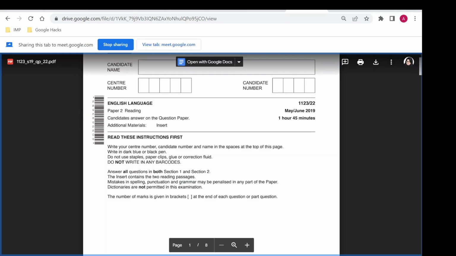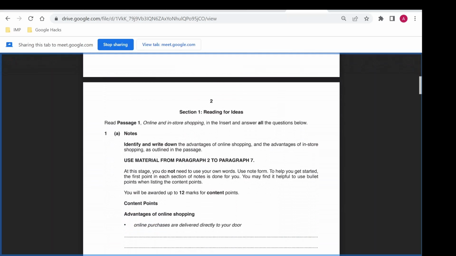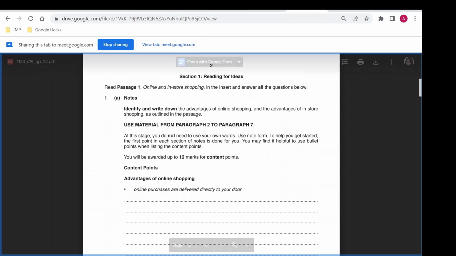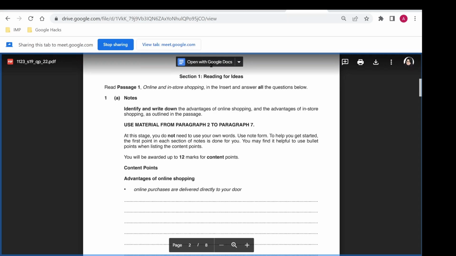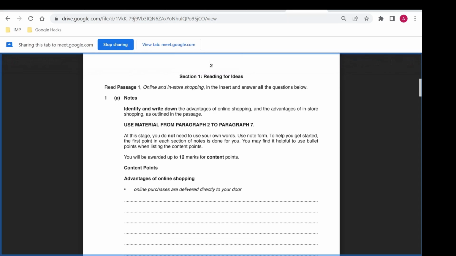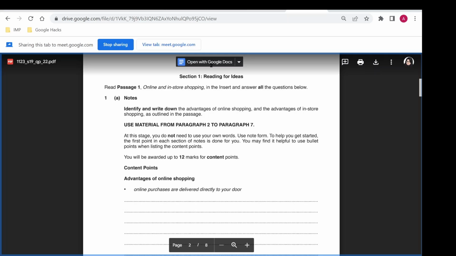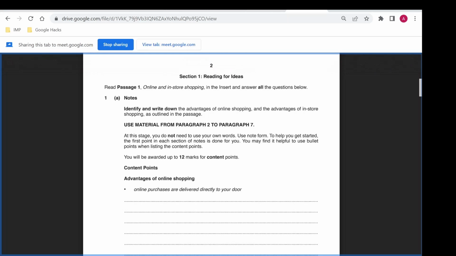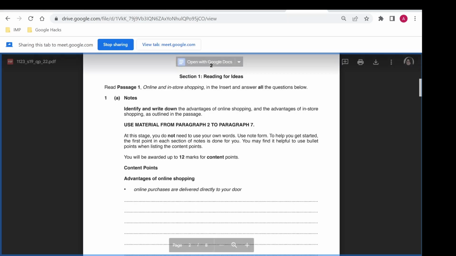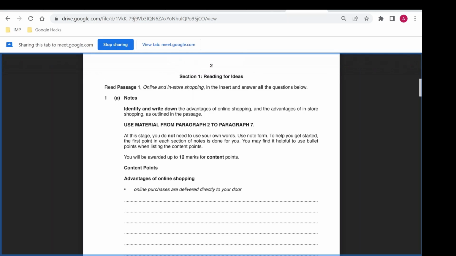All right, your reading paper is part of our first module. This is the question paper. You get to write notes. This is where the examiners will check your ability to identify and pick the notes as required in the question. For this particular question, you are going to read the question first, and then you'll move on to picking from the passage. You're going to underline the passage. Develop this habit. Of course, I'll give you some tips and techniques to follow when you start the sessions.